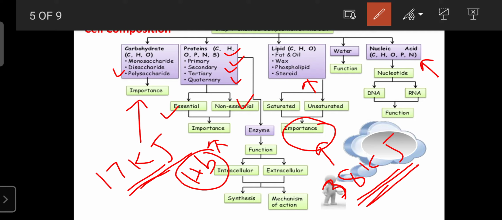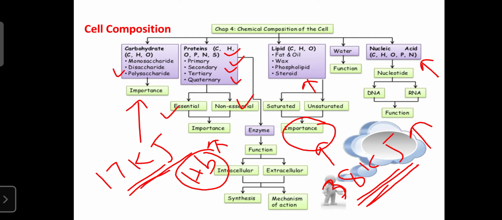The nucleotides are DNA and RNA, and they play an important role in the synthesis of proteins. They also play an important role in the storage of genetic information, and they can transport genetic factors from one offspring to another, or from one generation to another. So this is the basic chemical composition of the cell, and the study of these compositions of the cell is helpful for the diagnosis of disease regarding chemistry.